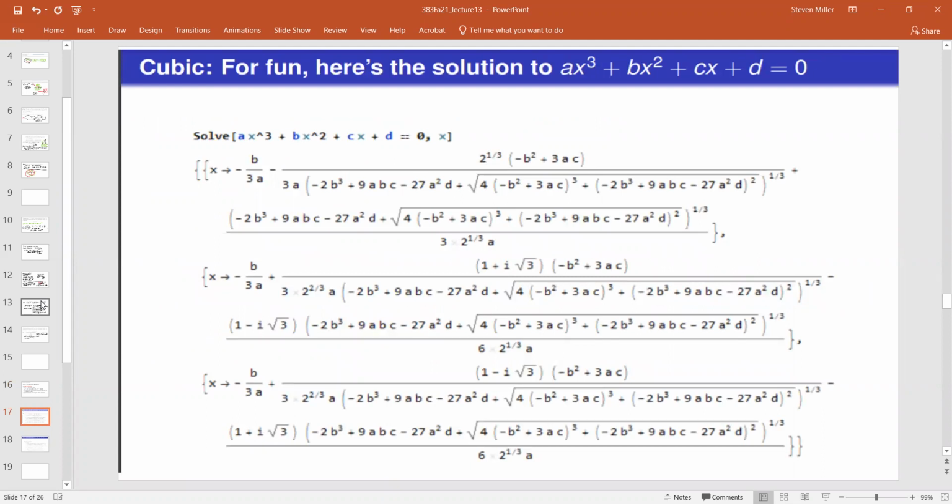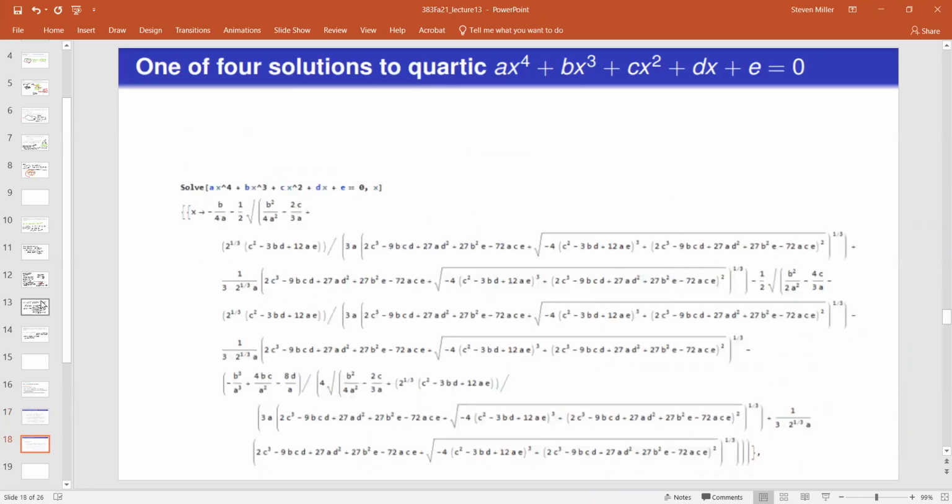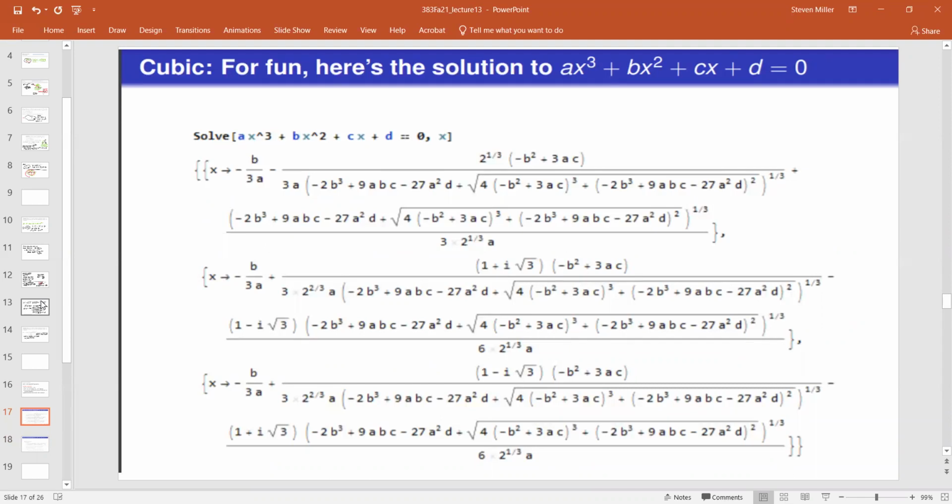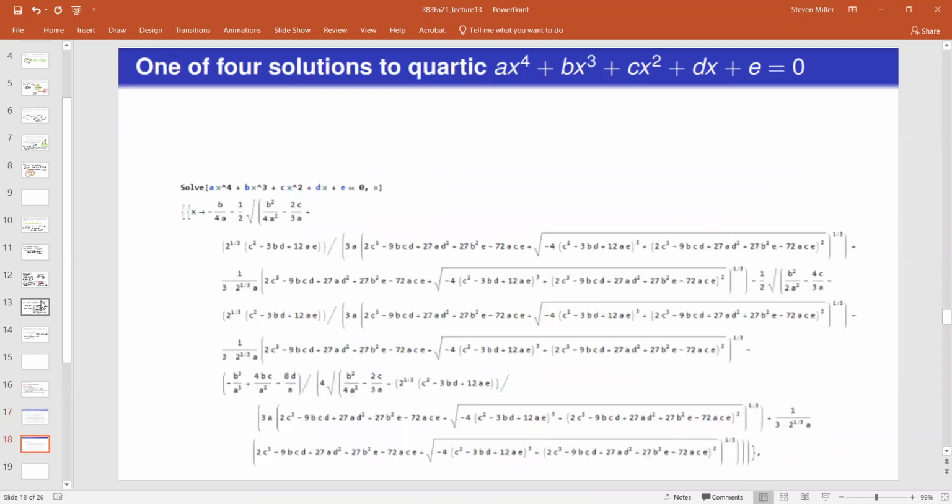Now, when you look at this, you could make things a little bit nicer. You could, of course, adjust things so that a equals 1, and then you could translate and make b equals 0. And if you do that, you would simplify things a little bit. But looking at this, it's quite clear why no one ever learned or memorized the cubic formula. This is just one of the solutions to the quartic. Again, you could play some of the games to make it a little bit better. What's particularly interesting for some of these roots is that you could have something where the roots are real and you have lots of i's and square roots. They all cancel at the end of the day to get you something that's real.